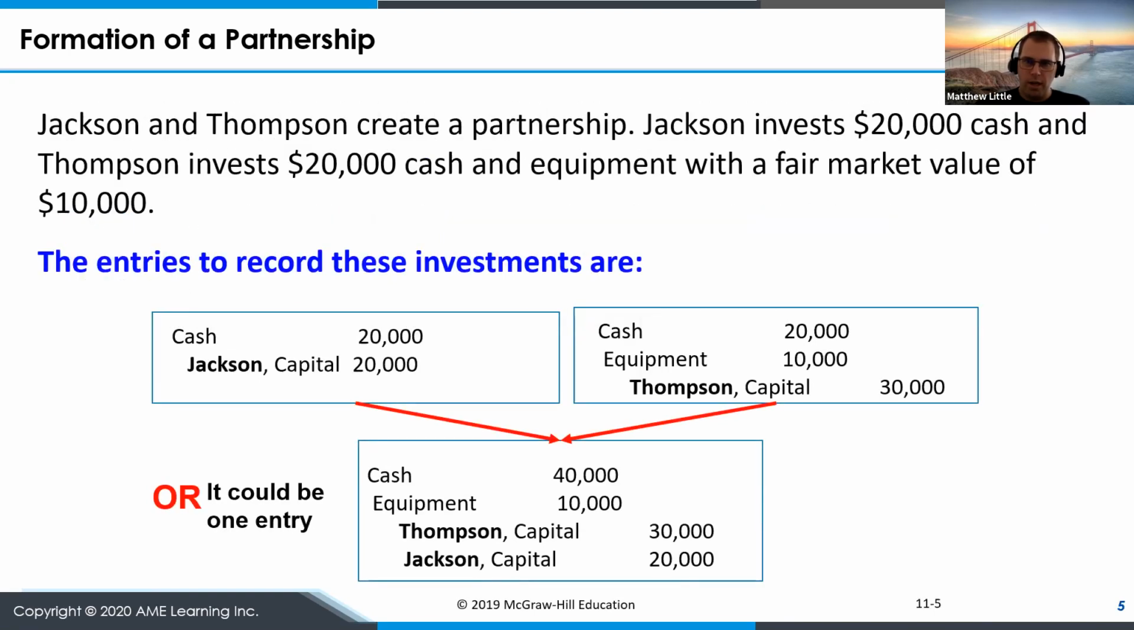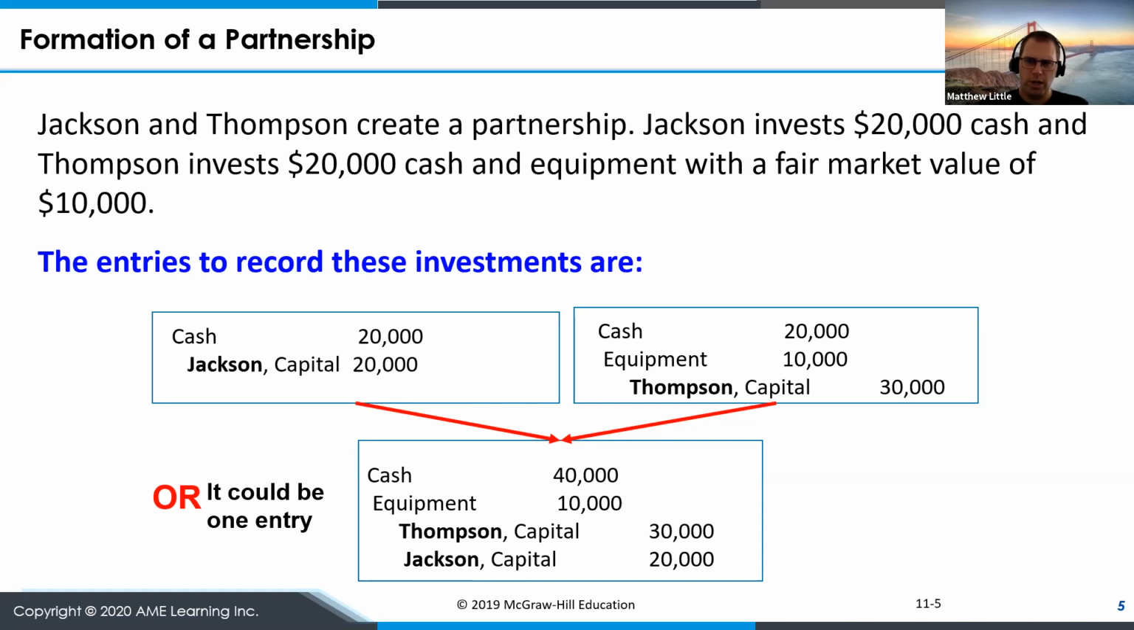So in this example here, we have Jackson and Thompson. They agree to create a partnership. Jackson puts in $20,000 cash, and Thompson puts in some cash and some equipment, which has a current market value of $10,000. So you can see on screen here that individual entries will be a debit to cash from Jackson